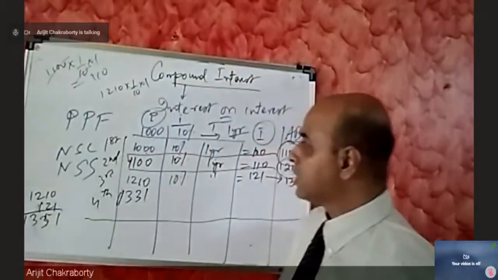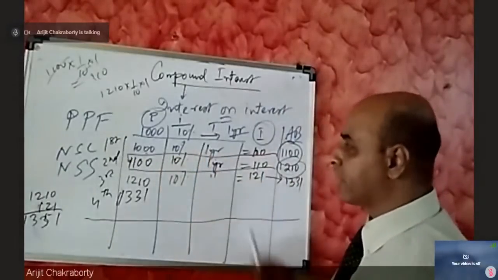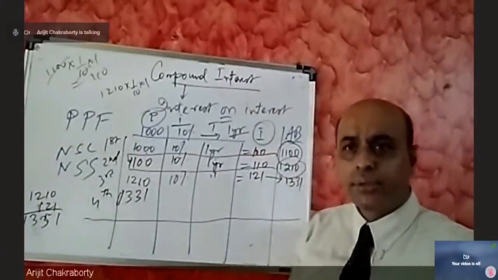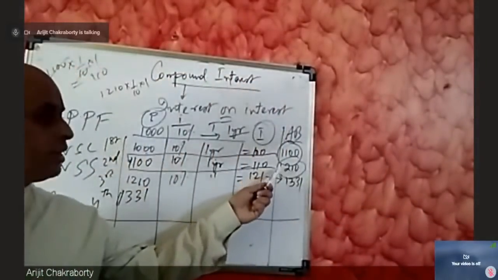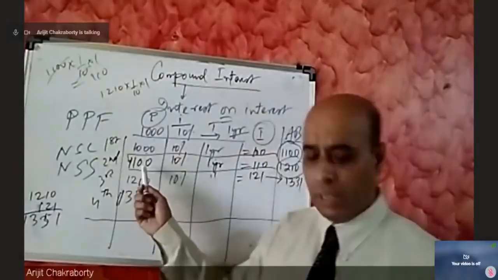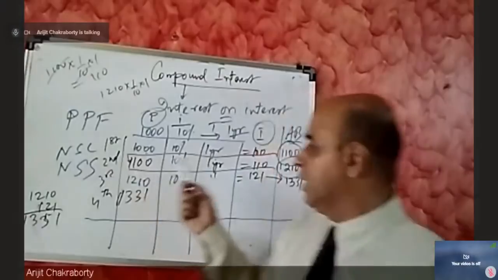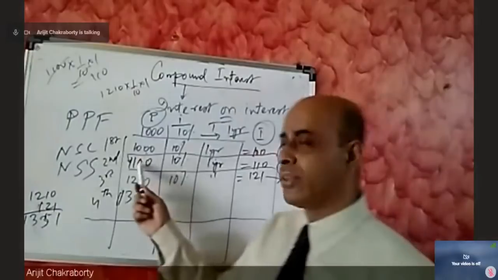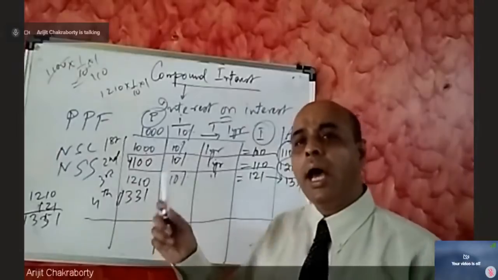Right? You can see that 1000 rupees we had, 10% is the interest rate for 1 year. We earned 100 rupees. So the accumulated balance became 1000 plus 100, that is 1100. This 1100 becomes the principal for the next year. Again, 10% we are assuming as interest. 1 year you get 110 rupees. And this 110 rupees gets added with the principal so that you get the accumulated balance of 1210